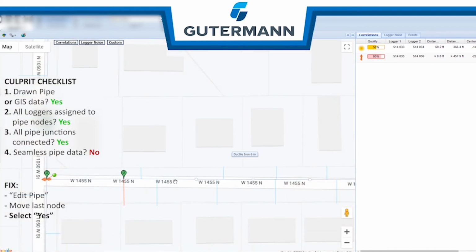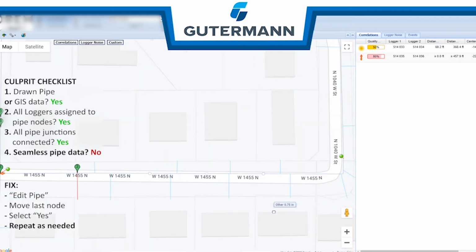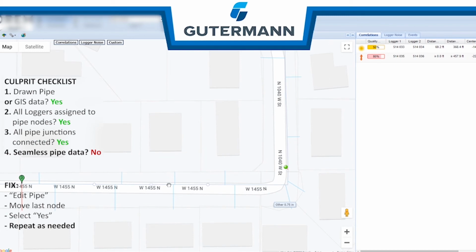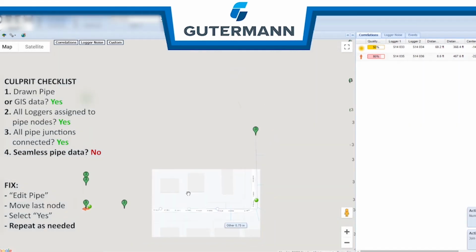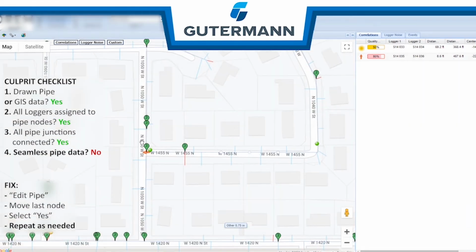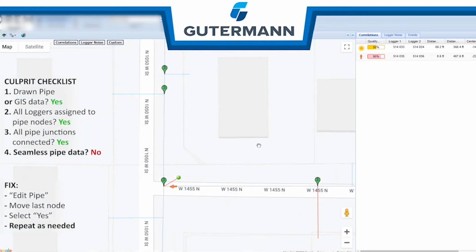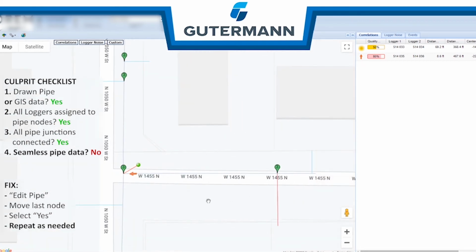However, we're still seeing that double-headed arrow, so that means that there must be somewhere another tiny gap. And how we're going to find that is we're just going to go systematically along the length of pipe and look for where those pipe nodes stop. In this case, at this node right here. And we're going to click and drag just a tiny ways, choose yes. Let's zoom out to see what happened. And it looks like we closed all of the tiny gaps in that main, and that gave us that single-headed